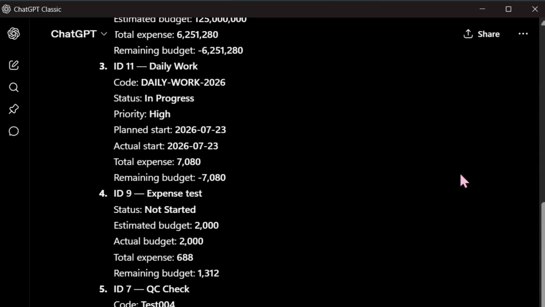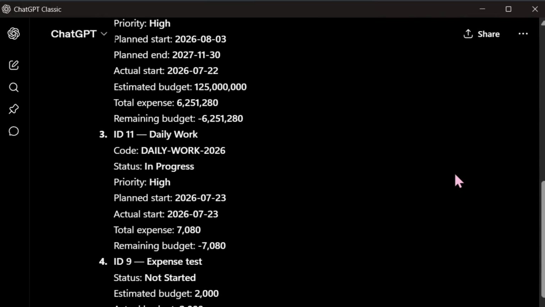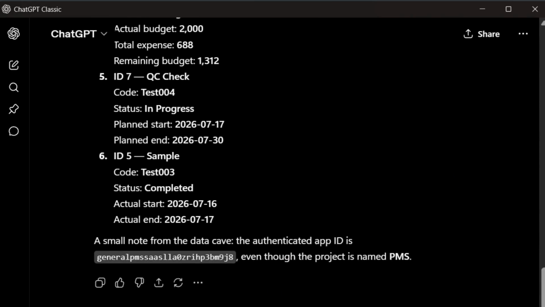As you can see, within seconds, ChatGPT retrieves the information directly from Supista and presents it in a structured format. We could also ask multiple questions. For example,